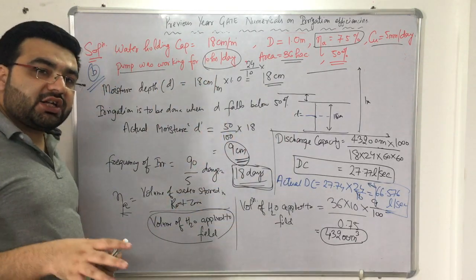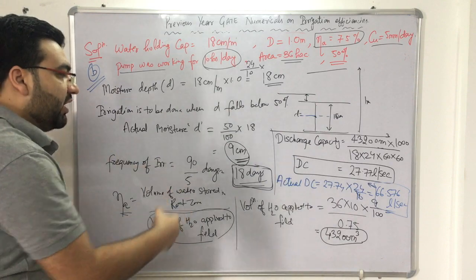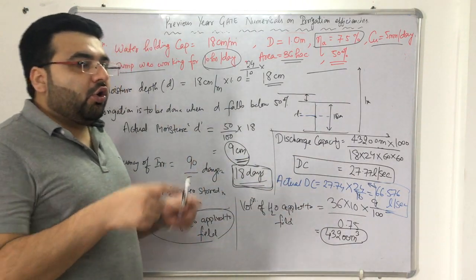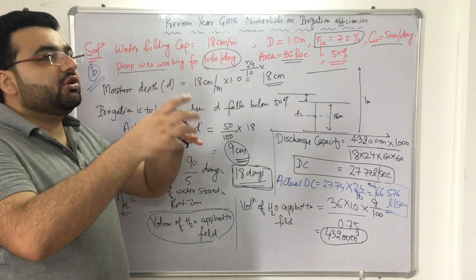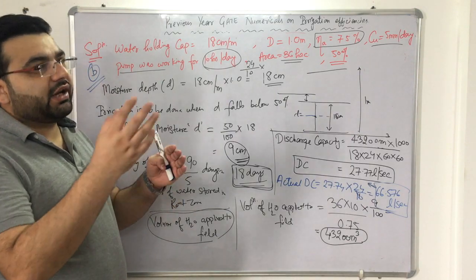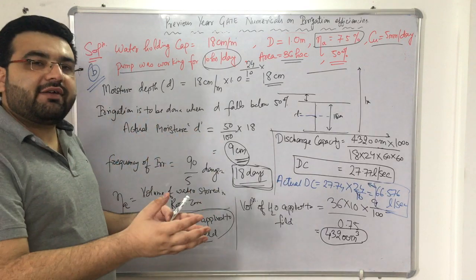Even if you have not understood this, repeat this video, repeat this lecture, and then we will understand, right? So first of all, without solving anything, apply your own brain. This is the irrigation capacity. If it falls below this, and this is the consumptive use, I will get the number of days, the frequency, and from the frequency I have to calculate the discharge, right?